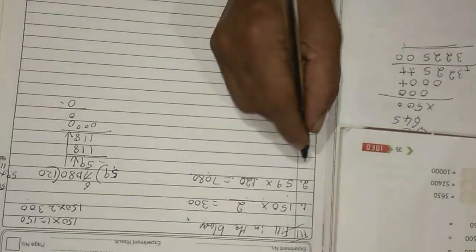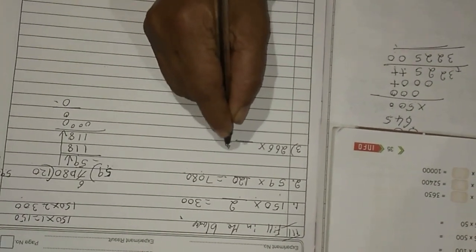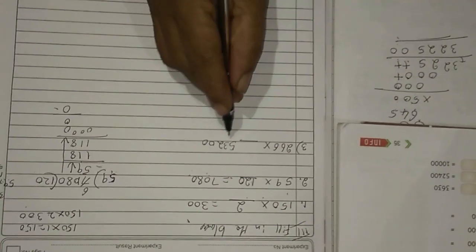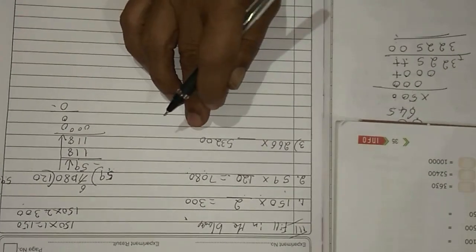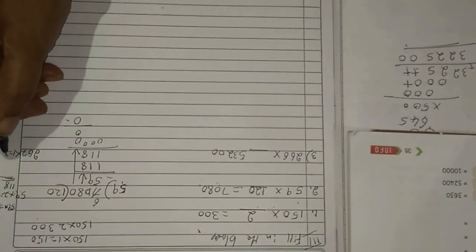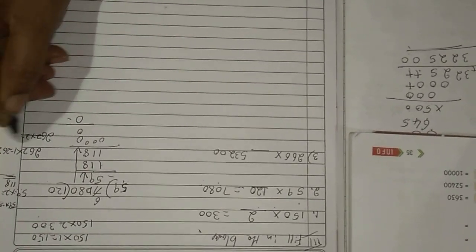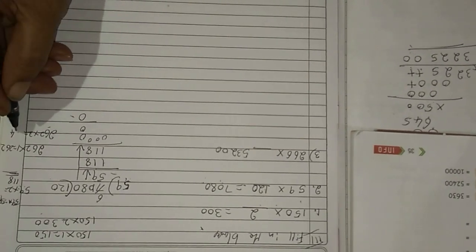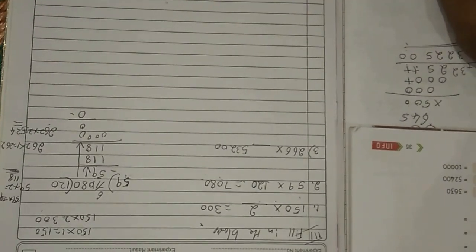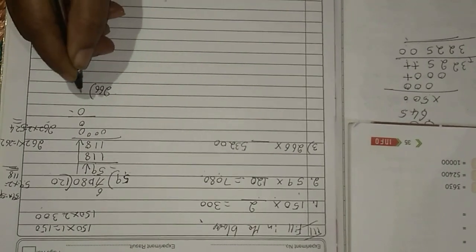Okay. Now third one, 266 into dash is equal to 53,200. So if you know the multiplication, you do first 2 6, otherwise go for the division. 262 ones are 262. 262 twos are, 2 twos are 4. 2 6s are 12, 1 carry. 2 twos are 4, 1, 524. How much do you want? 532. So otherwise you go for the division. 262 divided.